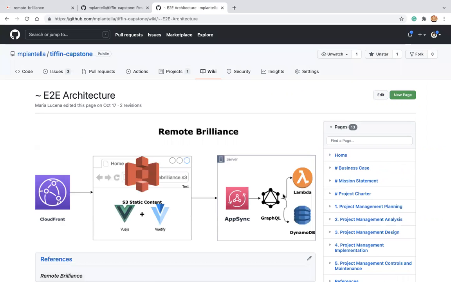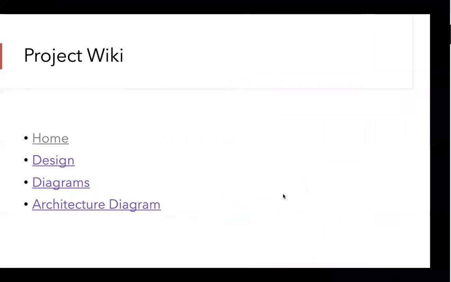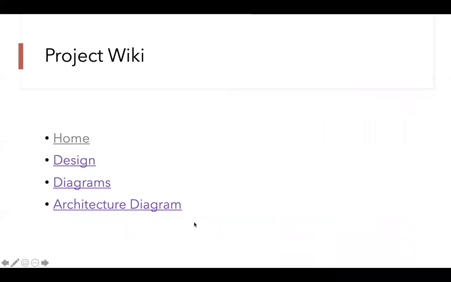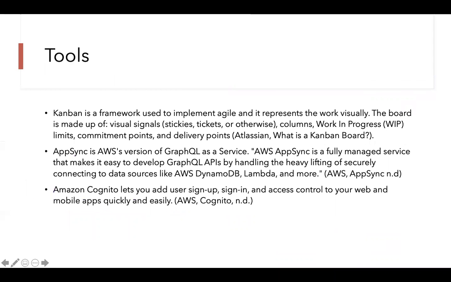I didn't go into a lot of extent of what Cognito is doing, but Cognito actually is missing at this piece. I wasn't sure if I was going to have enough time to implement it, but I ended up making a lot of use of it. I wanted to use LinkedIn, but Cognito turned out to be pretty safe and offered all of the features that I needed. I just want to do a description of what Kanban is, what AppSync is, and Cognito.